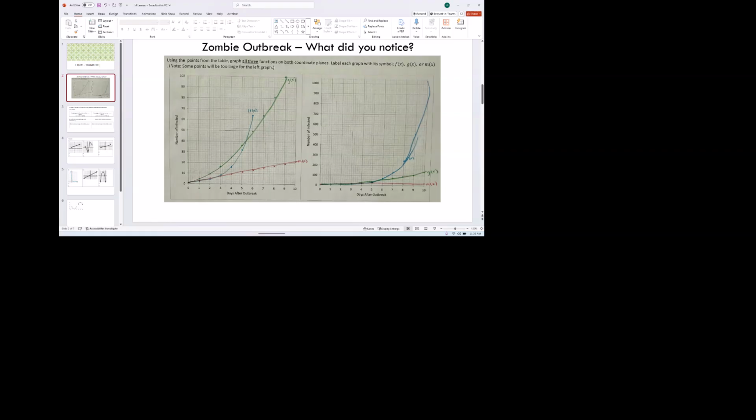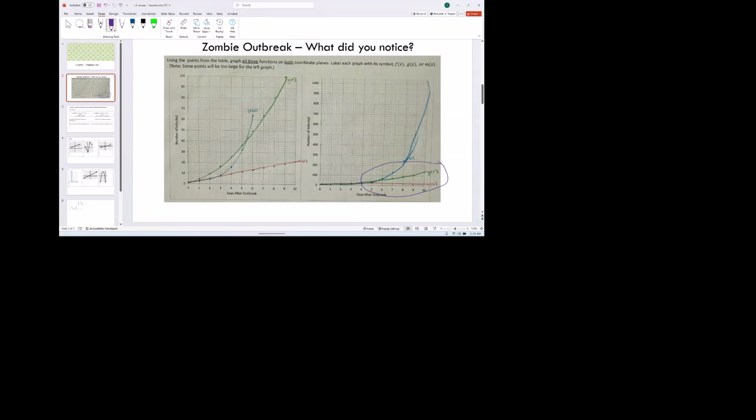It looks like the quadratic one, which is this green, is going up quickly, right? But look what happens as we zoom out. So as we zoom out, look what is happening to that quadratic. Is it going up as fast as we thought it was? No. But what goes up really quickly? Exponential. So anything that is exponential is always going to increase the fastest over a quadratic and definitely over linear. All right? So just remember, that's what this was supposed to show you, is that exponential one increases really,